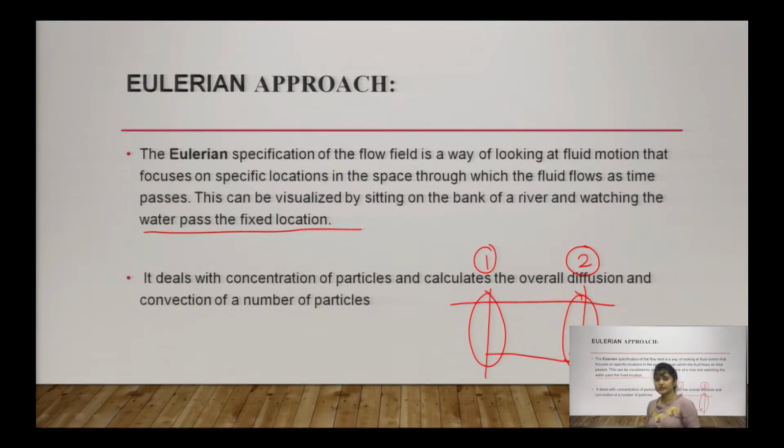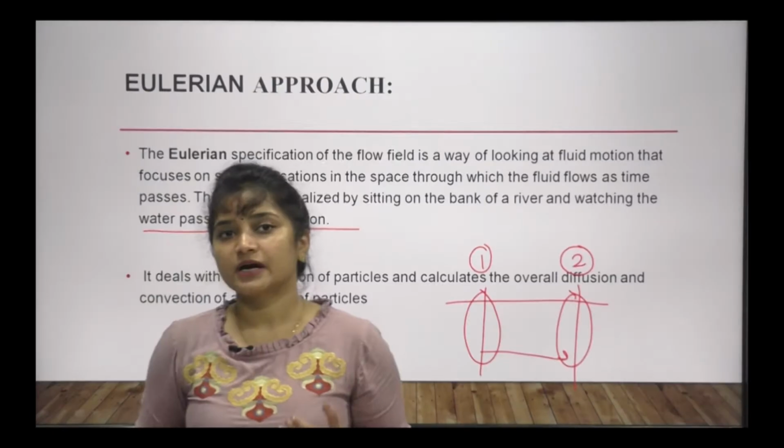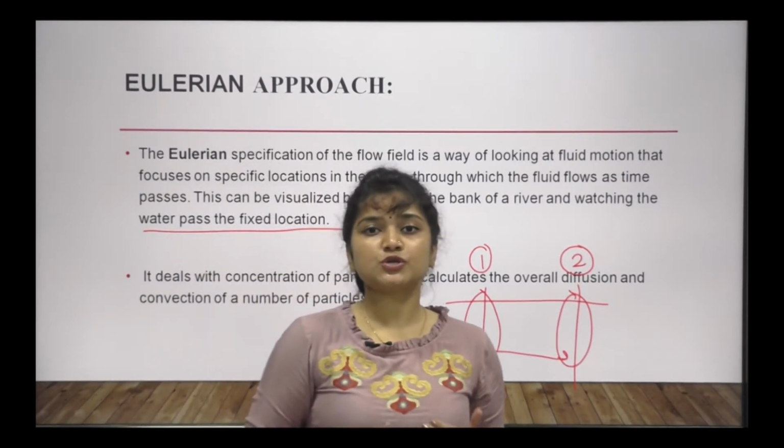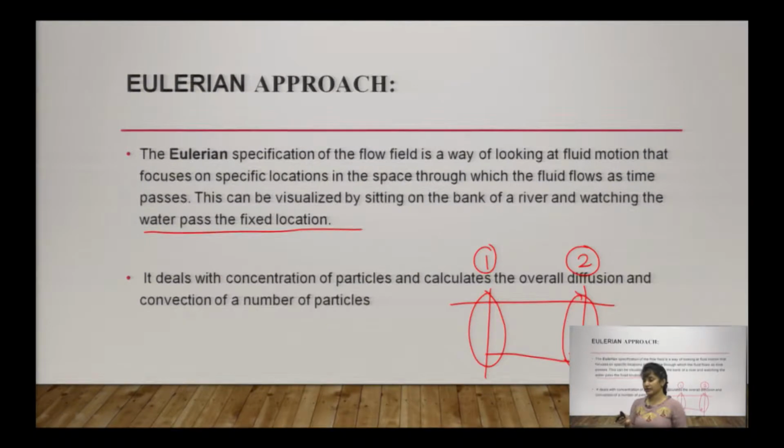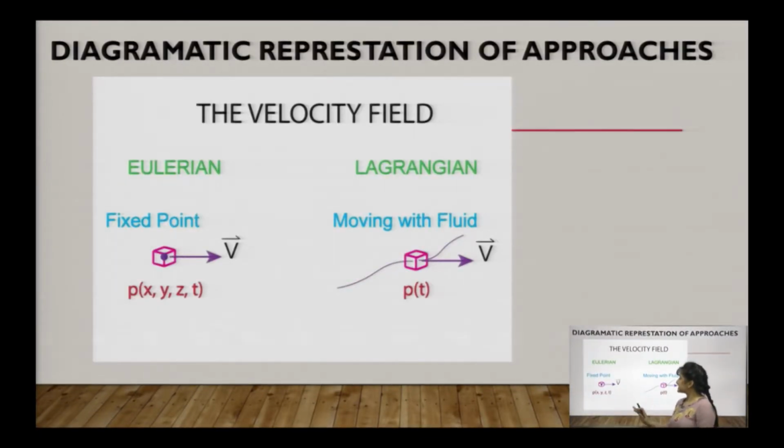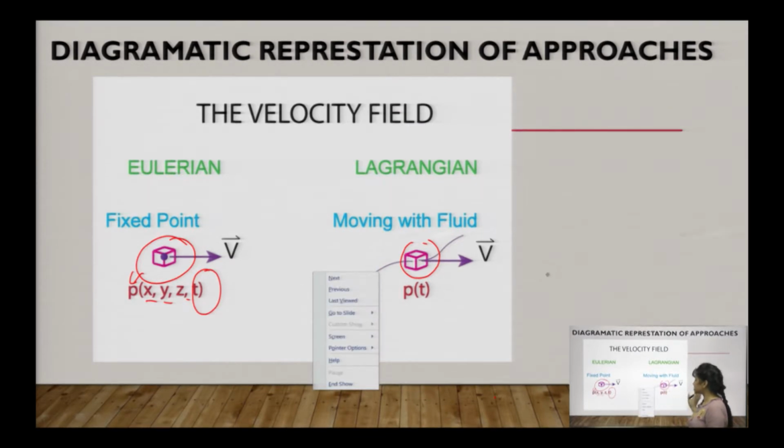There were two approaches: Lagrangian was a particle based approach and Eulerian gave an approach which is location based. We can fix a location. Diagrammatically, you can see that for the Eulerian approach, there can be a fixed location, and we calculate the parameters with respect to distance x, y, z in time delta t. Coming to the Lagrangian approach, it is not bothered about the location, but that particular location is being traced by a single particle, and what that single particle possesses at this particular location.